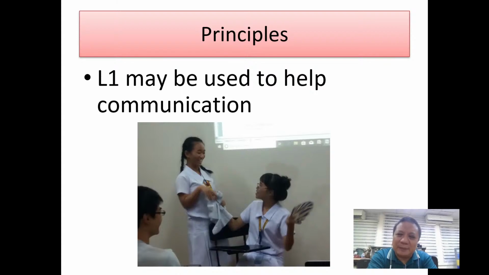Or like when I had my Panamanian friend and he said to me, "I do to my hair what we say in Spanish as parehar." So if he did not speak at all, I would not have understood him. But because he spoke with a little bit of Spanish, I was able to comprehend what he was trying to say. And I told him that in English, parehar is to even or equalize. So if what you did to the right part of your hair, you also do to the left part of your hair, you equalize, parehar.